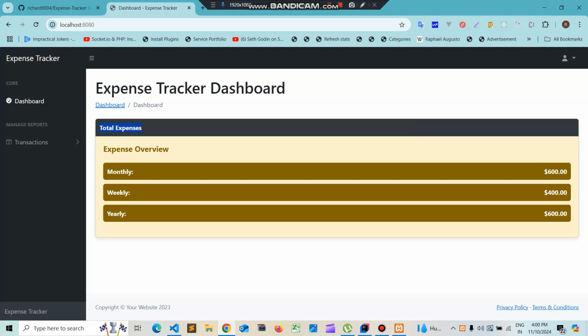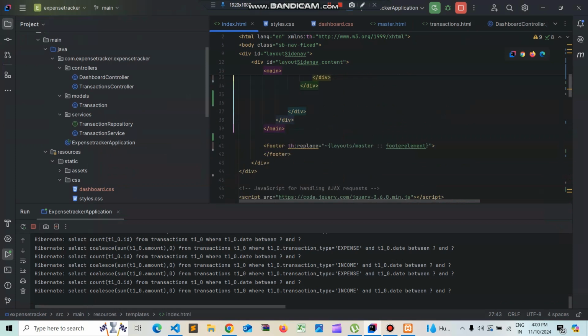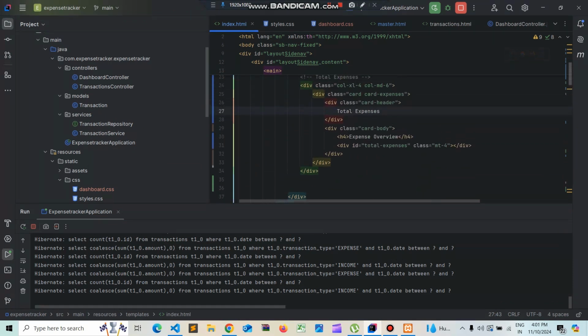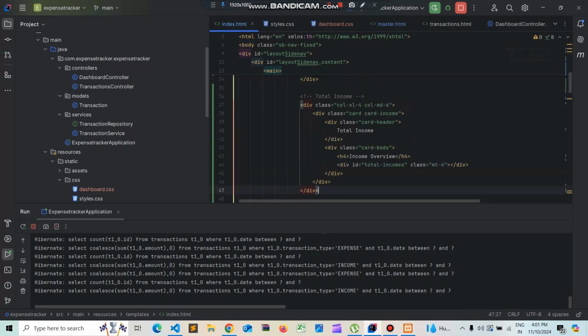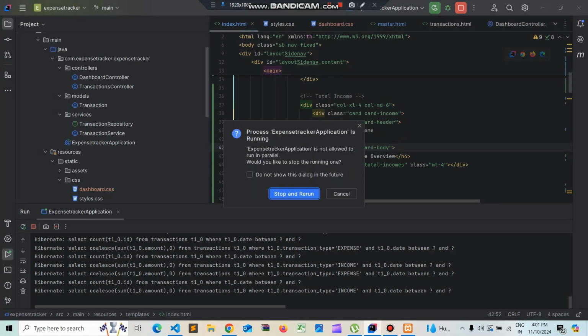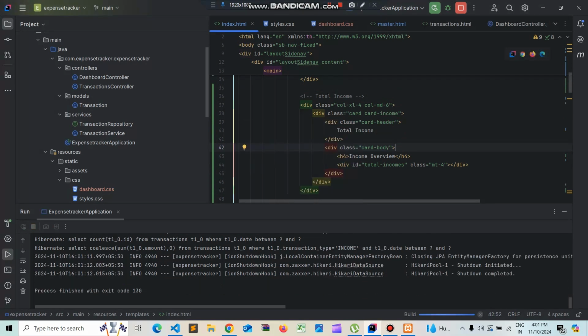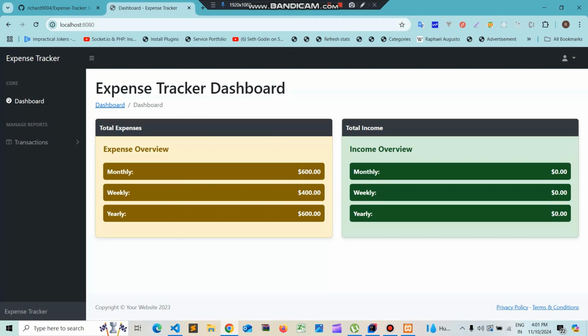Okay, we'll have two more blocks here. So let's add the other blocks. So this is the expenses block, and we go ahead and add the income block. Okay, this will be for the total incomes. So if we save this and run this, stop and rerun, we can see the total income block is